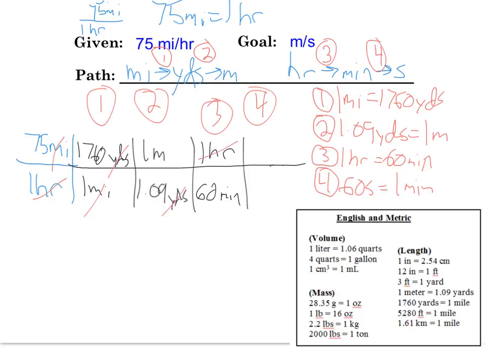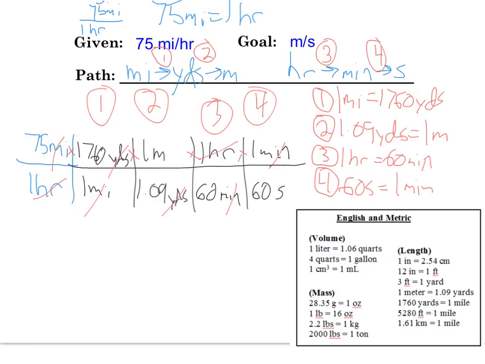And we continue on, and now we have minutes on bottom, so we're going to have to put minutes on top. And we have 1 minute per 60 seconds. Minutes cancel out with minutes, and now you'll notice our final units, we have meters on top, seconds on bottom, and life is good. And now what you'll need to do is multiply everything on top, so 75 times 1,760